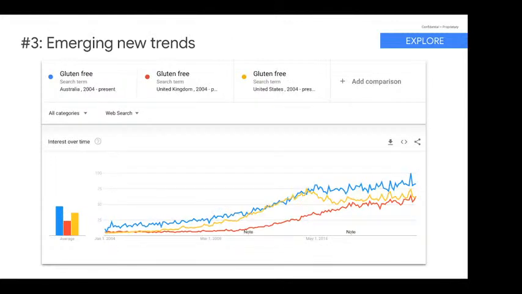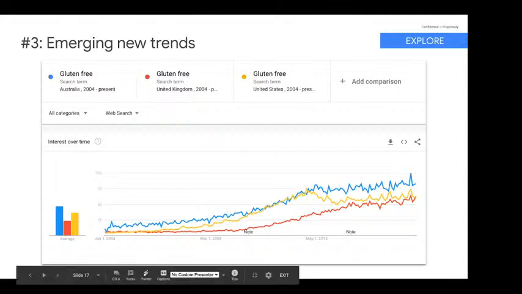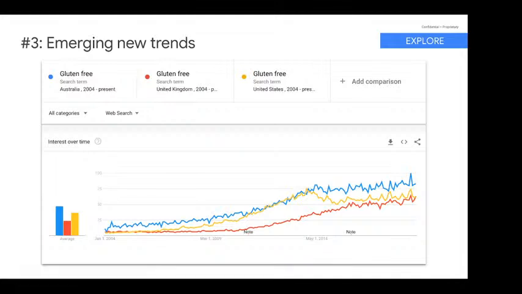The third one is emerging new trends. So in case you want to expand with your product, in case you're looking to maybe expand the business a completely different way, Google Trends can also help you develop those trends that users are kind of pushing and that users are demanding for. So in this case, we see that, and this is the data from 2004, that gluten-free was really not something that was on people's minds in the beginning, and suddenly, especially since 2010,